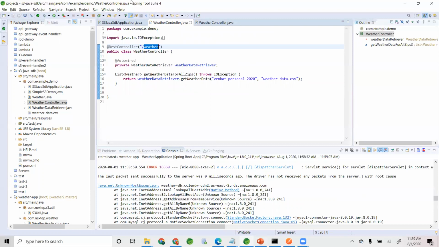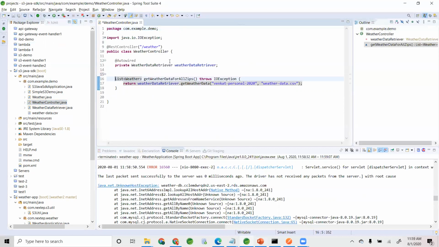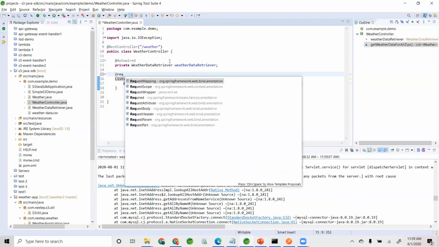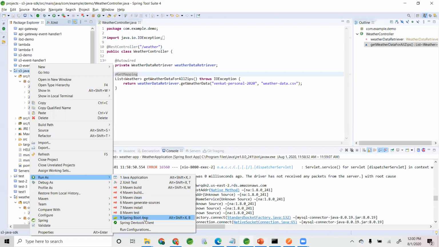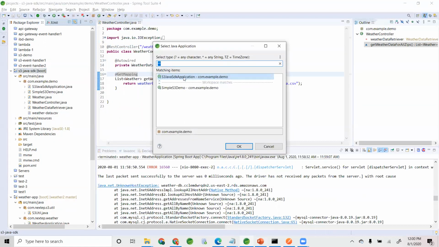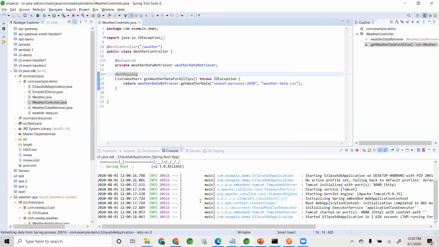Oh, I didn't put that in the get weather data for all zips. Fantastic. That's it. Good catch. Excellent catch. At request mapping was missing. Or at get mapping, whatever. At get mapping. There you go. That's why it's not doing the get. Thank you. That's a good catch.